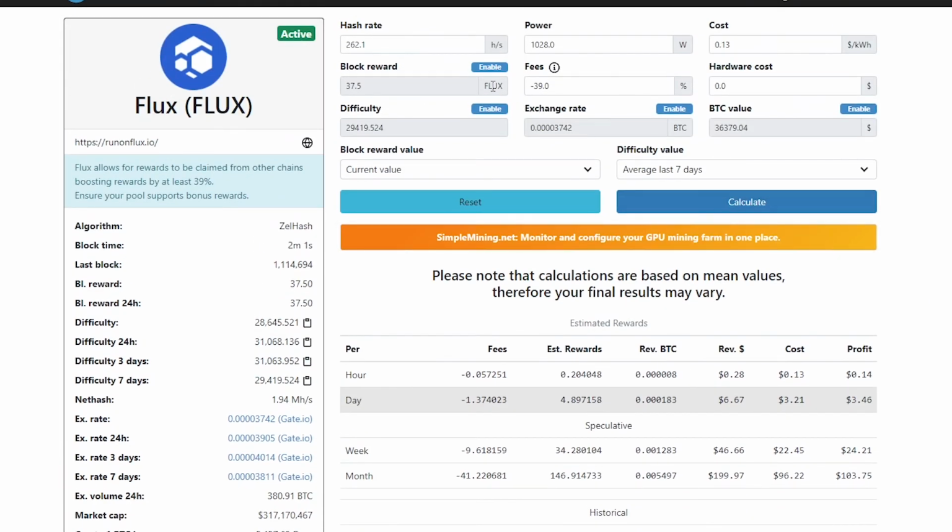So with my hash rate for Flux, for a day I can get around 4.8 Flux, and before minus the power cost, I can get around $6.67 per day, and after power I get around 3.46 US dollars. So yeah,